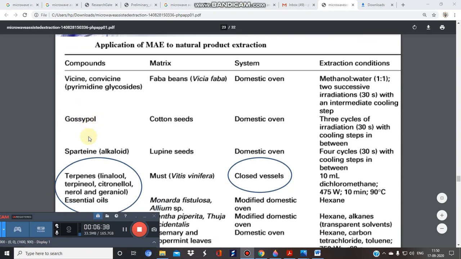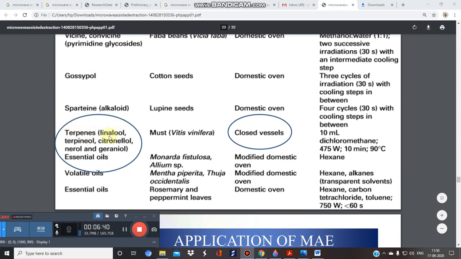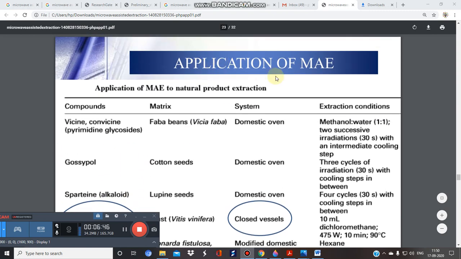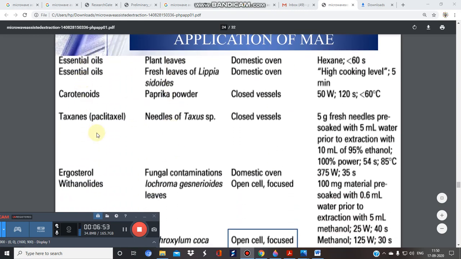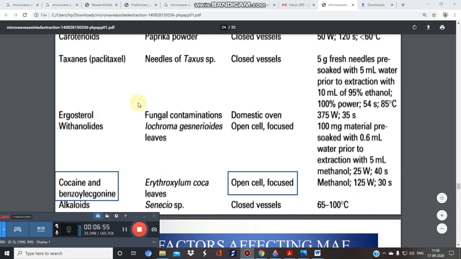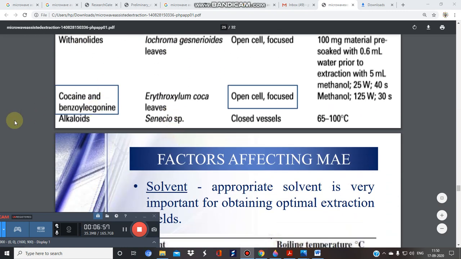I hope you remember this point. Then again, terpenes like linalool, citronellal, nerol, geraniol, essential oil, etc. have been widely extracted using MAE, that is microwave assisted extraction. Yes, carotenoids, taxanes, withanolides, and cocaine and benzyl cocaine derivatives are also isolated using the MAE method.